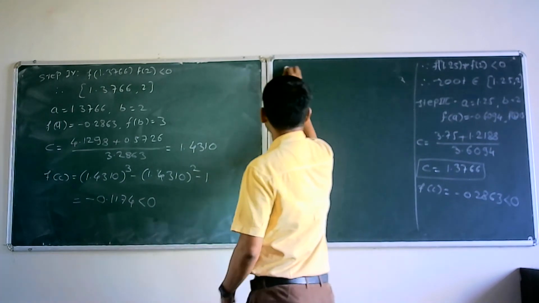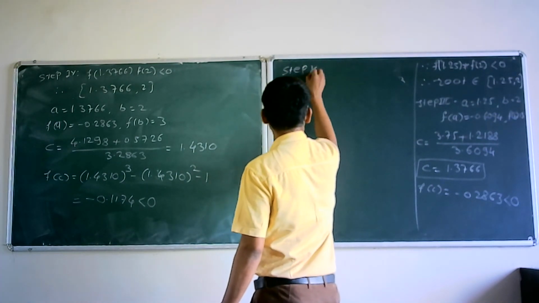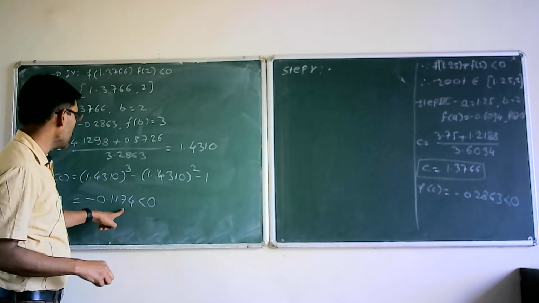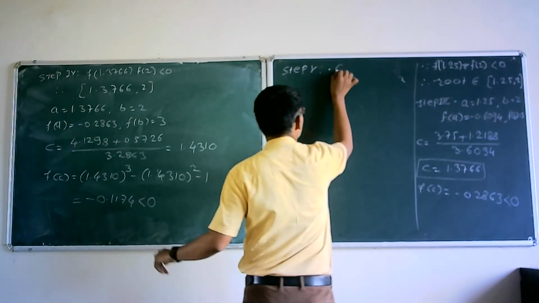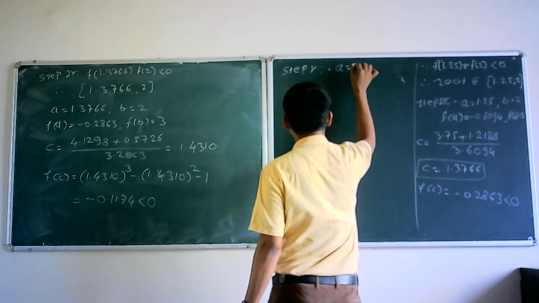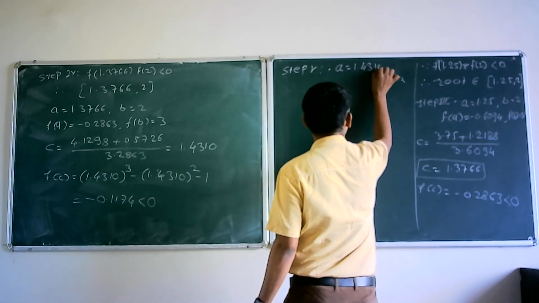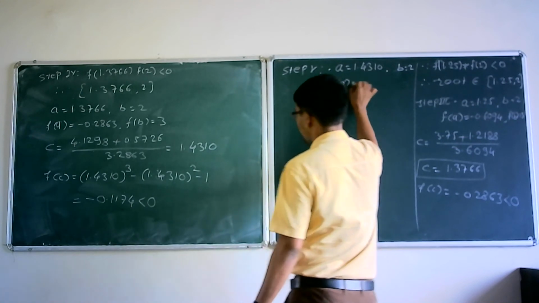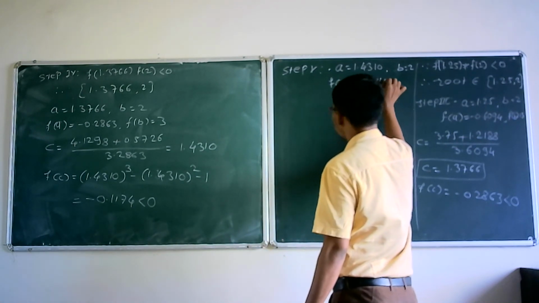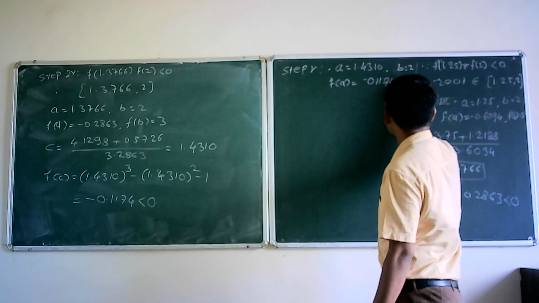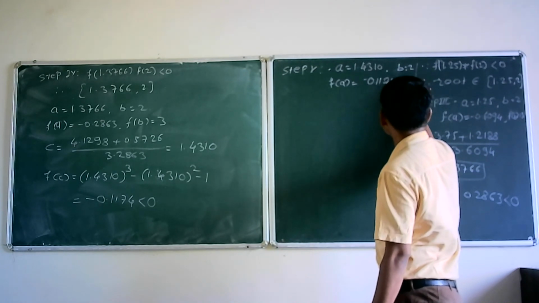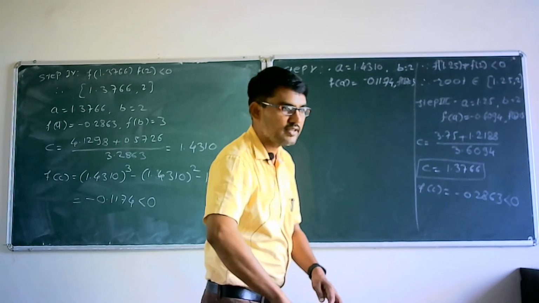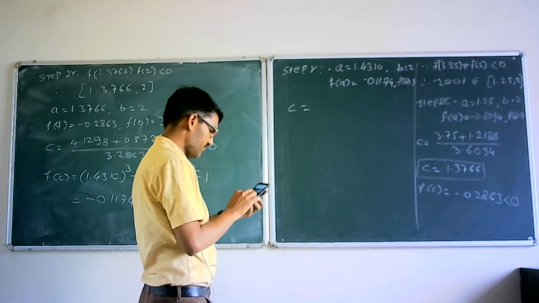So step number 5, since it is a negative, previous positive again 2. So our a is what? 1.4310 and b is 2. Already we have calculated f of a. f of a is minus 0.1174 and f of b is what? f of b is equal to 3. So find the value of c. You will get c is equal to